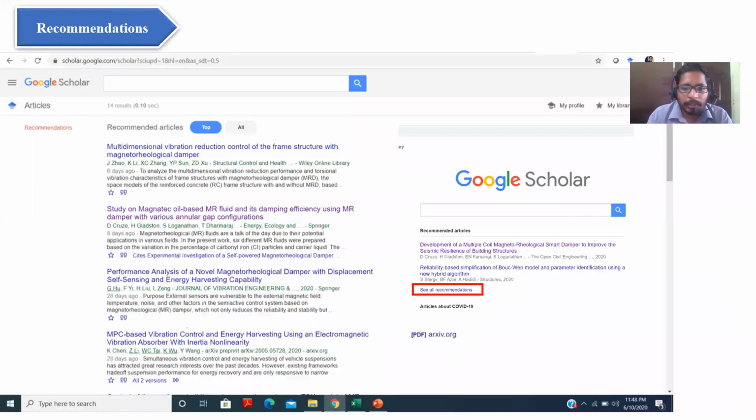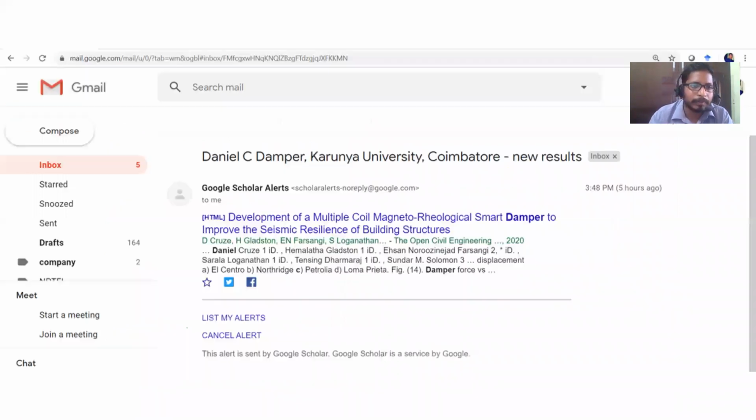And as you see here, the Google Scholar recommendation. I have clicked that recommendation. As I said earlier, you can find all the recent articles, even my own publications, in Google Scholar so that you can stay up to date. You do not only have to go to Scopus or any other website to find the recently published articles in your area. You can go ahead with this recommendation option also.